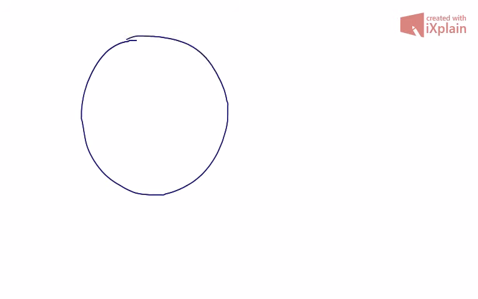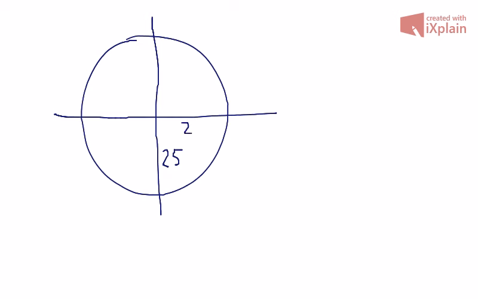In this problem, we have a Ferris wheel that has a 50-foot diameter, which means it has a 25-foot radius. So I'm going to set up some axes going through the center of the Ferris wheel, and I'm going to label the 25 feet on each radius. This is on a platform that is 2 feet above the ground, and the question asks,